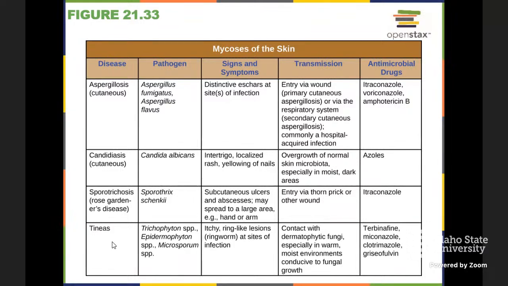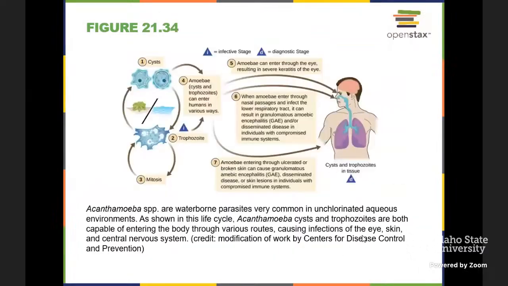So candidiasis, sporothrix, and the tenias, as I said a second ago, trichophyton, epidermophyton, and microsporium, and handfuls of species within each of these that can result in these dermatophyte infections, all right? Ringworm, athlete's foot, and other manifestations on various areas of the body, all right? That's the idea. So shifting over to some of the protists,